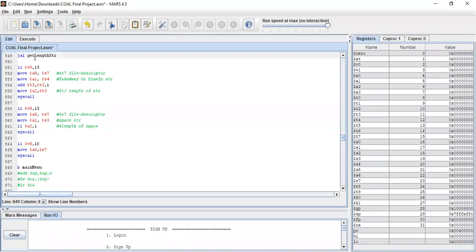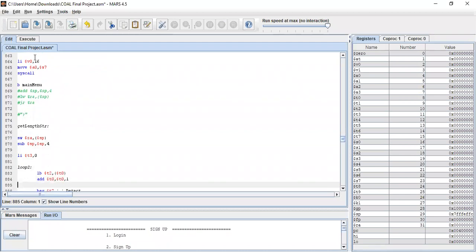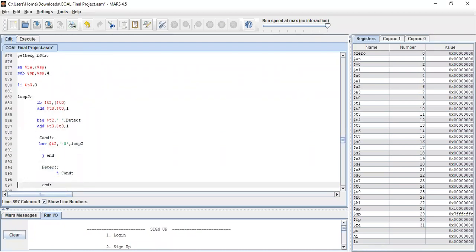To get the length of a string, we are here. 15 will write the program and write the string. Then here we are calculating the length of the string. Then we are jumping to the main menu with branch. Here we get the length of the string.